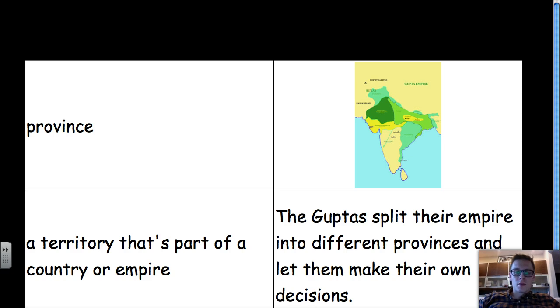Very similar to the system of federalism that the United States has. We have different states. You could consider those different provinces. And each state has its own government. We have our own governor. Each city has its own mayor. So they are more informed. They know what's needed in New York City more so than somebody that doesn't live in New York.